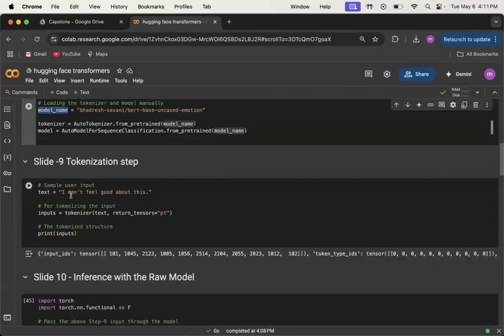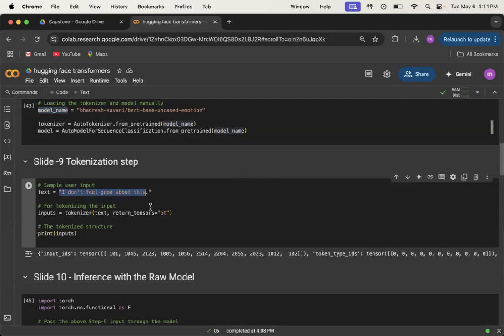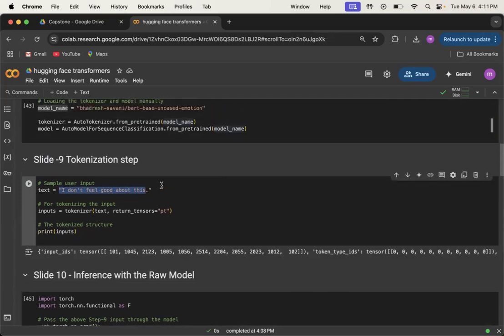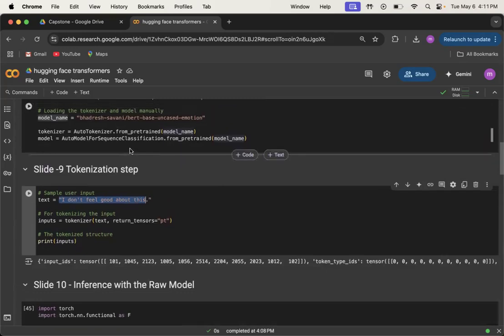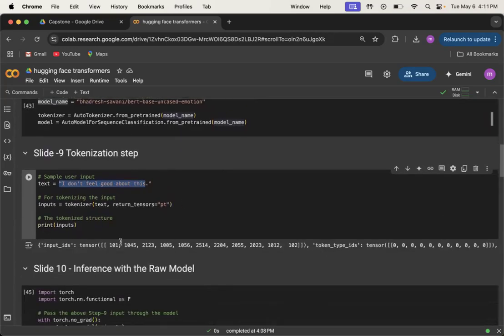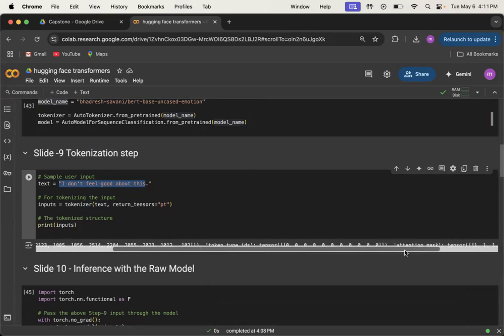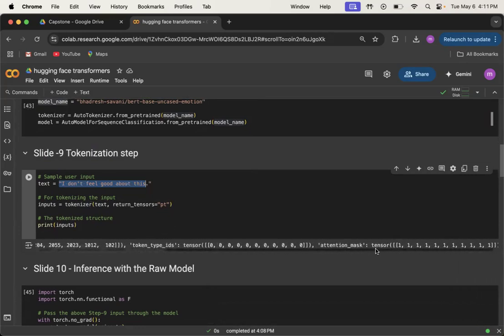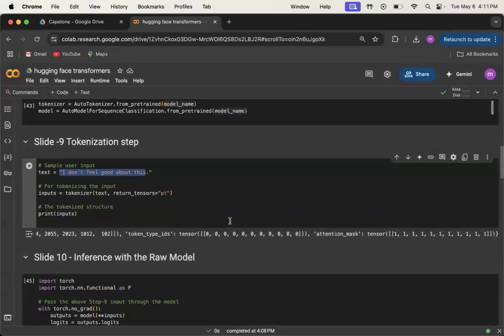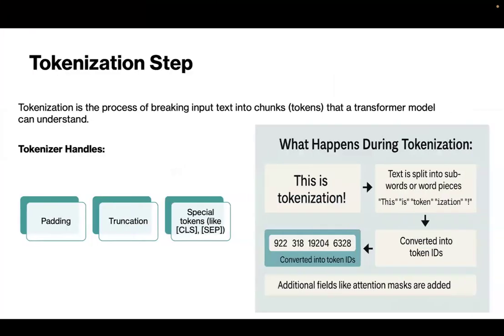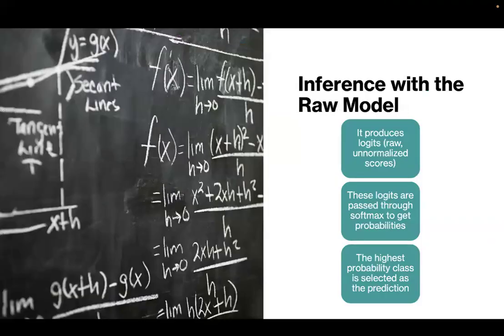So this is what I'm saying about the text: "I don't feel good about this." The input takes the tensor, and it will just create the sentence into tokens. So you can see the tensor tokens for each word: for I, for don't, for feel, for about, and for this. Then we'll copy them into inputs,